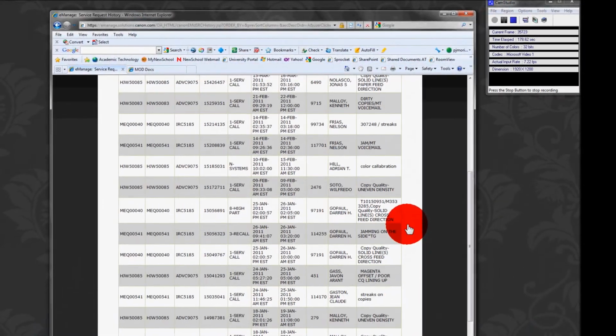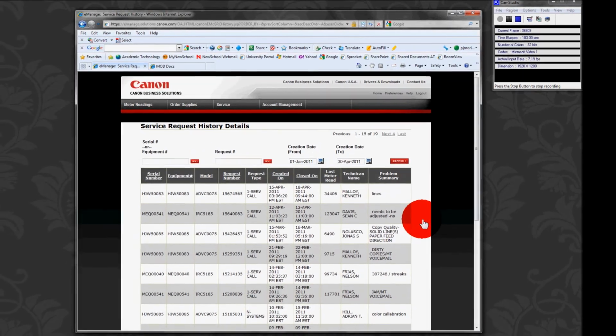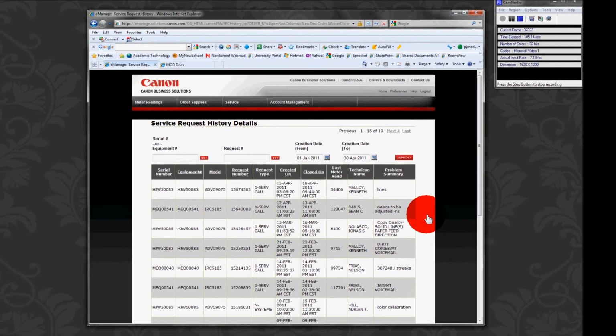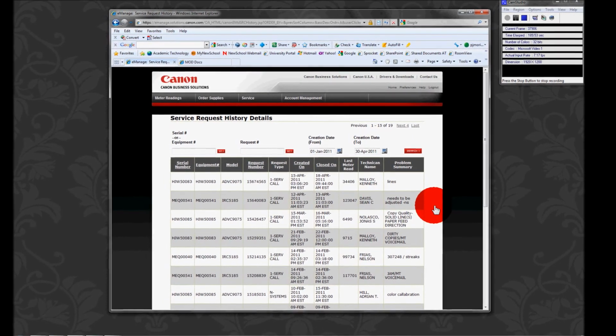So best of luck with this. I do find this to be really helpful, and a really useful tool in terms of assessing the support service that we're getting in an objective, comprehensive